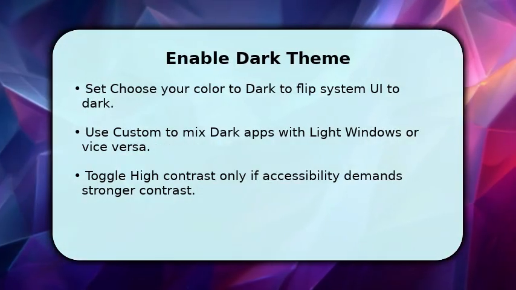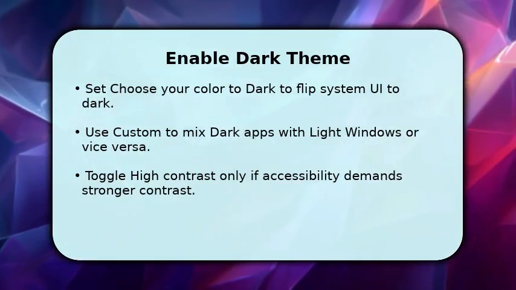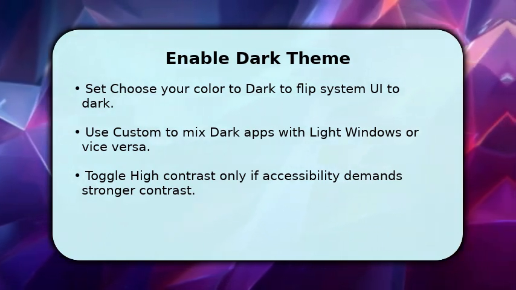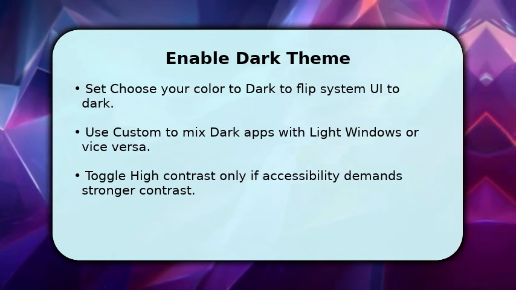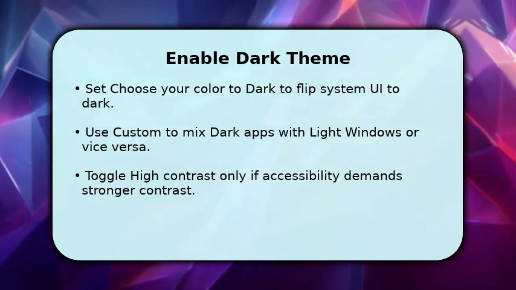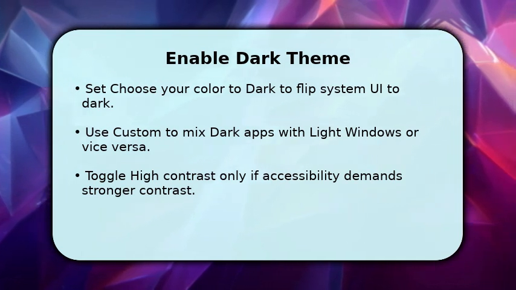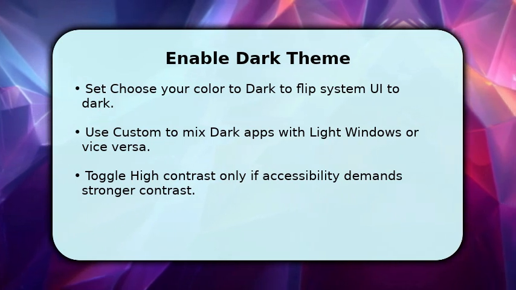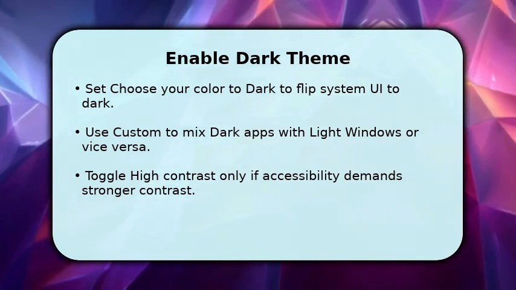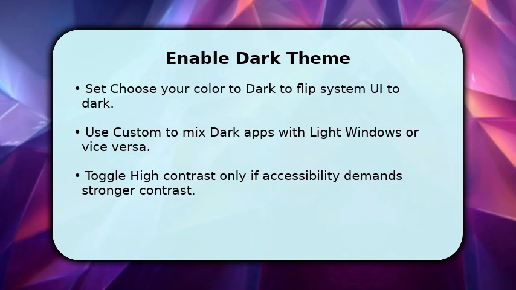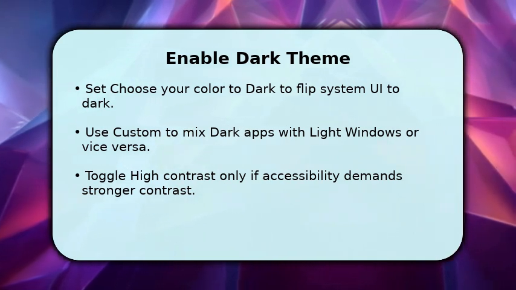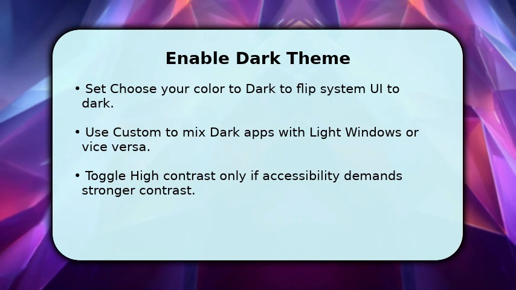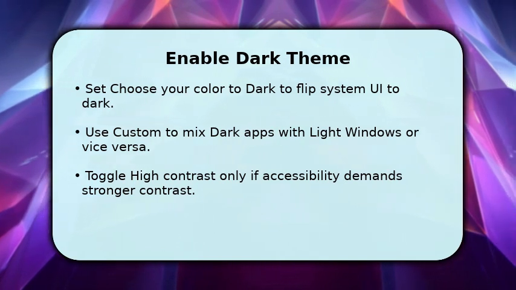Now you'll change the theme and fine-tune where dark mode applies. In Colors, pick Choose Your Color and select Dark. That flips System UI and supported apps immediately. If you need different settings for apps versus system surfaces, choose Custom, then set Default Windows Mode and Default App Mode independently. This lets you run File Explorer dark while keeping some app elements light if preferred. Make sure to avoid high contrast unless required for accessibility, because it overrides visual design and can break some app